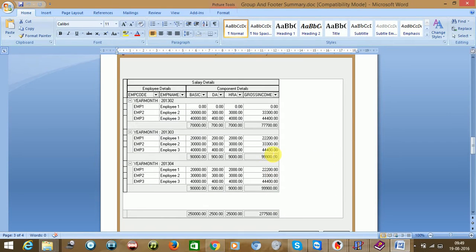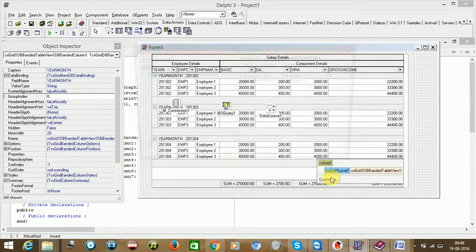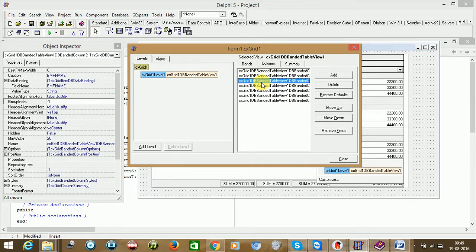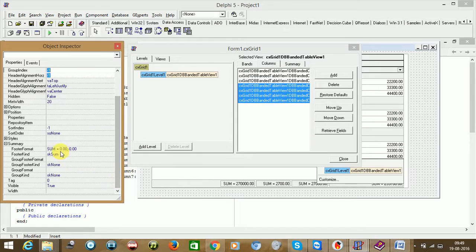what we have done here is, we have displayed this part, we have also done this part, but now this is called a group summary. Group summary means we are doing a group by. So just select here. Now same way, it's very easy. The way we did here, we selected all the 4 columns. So select all the 4 columns, and what we did here for footer summary, we just gave these 2 options. Same options you could copy and paste for the group summary here. One is this part, and just say summation part. That's it. Close.